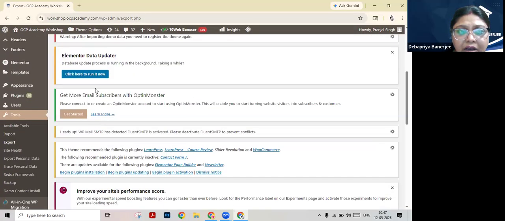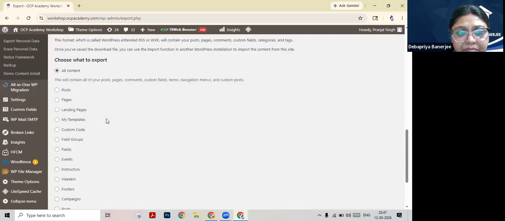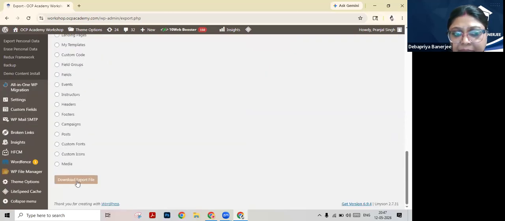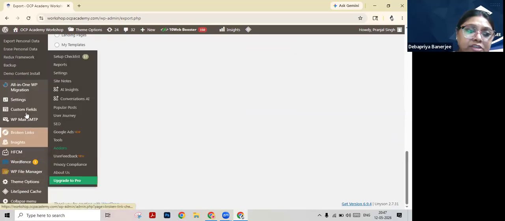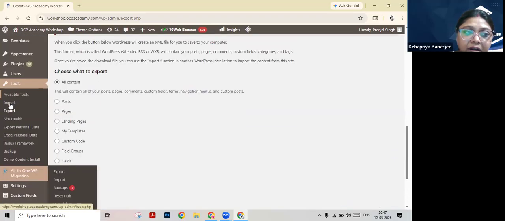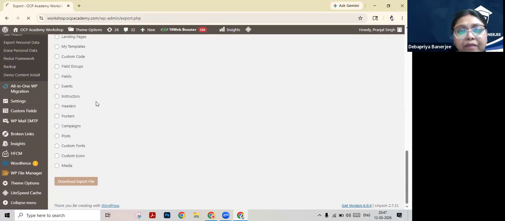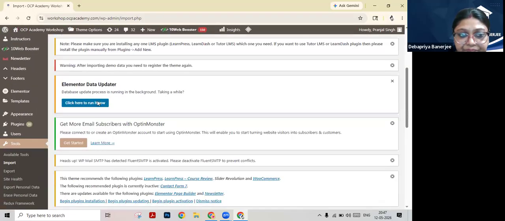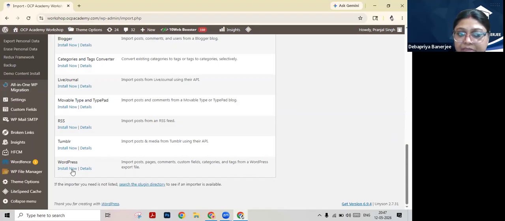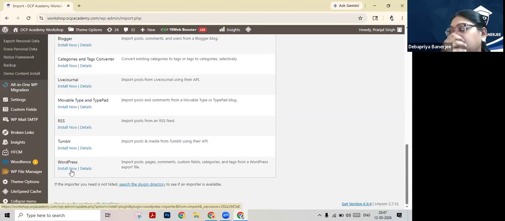You can export everything by clicking on download export file, which will be in XML format. Later, after changing the theme and so on, you can import it back by running the WordPress installer. Okay, you can install it and run it back. Clear?